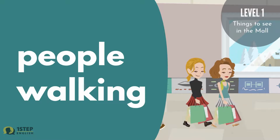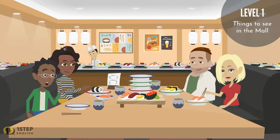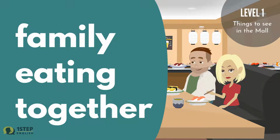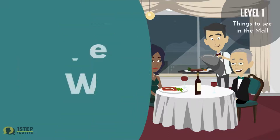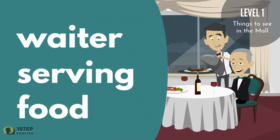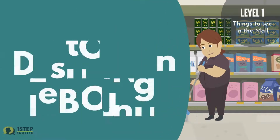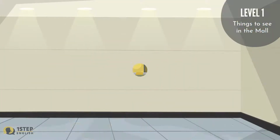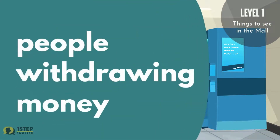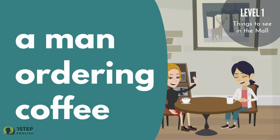People walking, family eating together, waiter serving food, custodian cleaning, people withdrawing money, a man ordering coffee,